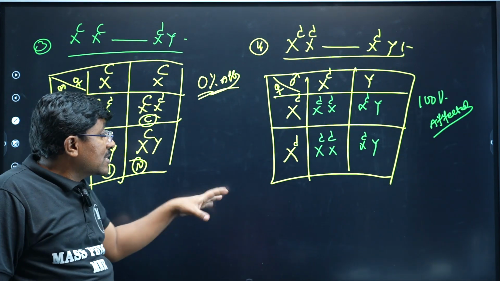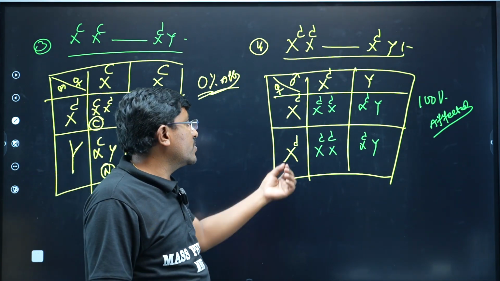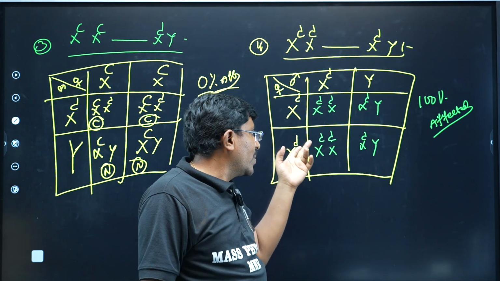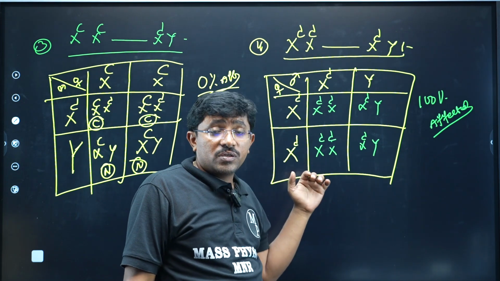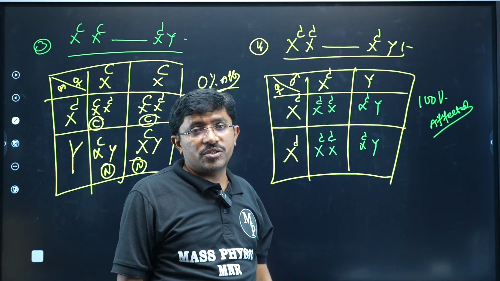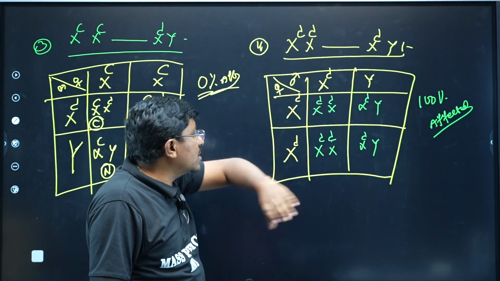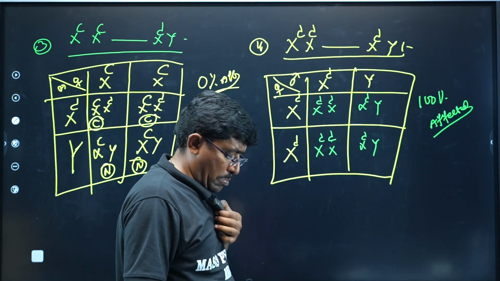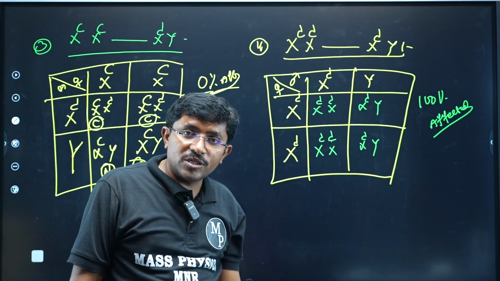The same explanation is applicable to the remaining X-linked recessive disorders. We just have to change the gene. In hemophilia, we replace C with H: if capital C, capital H; if small c, small h. That's enough, the remaining percentages are all the same. Understood? So this is the color blindness explanation.